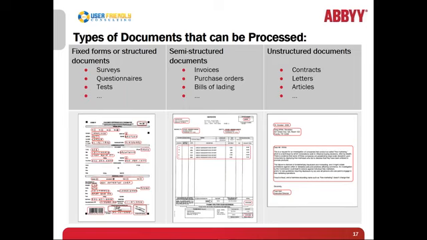There are some different types of documents you see on the screen. Things like surveys. Many surveys have lots of handwritten values. Many companies use check marks as an easy way to find the answers. Semi-structured documents are things like invoices and purchase orders. And then we have unstructured documents, something which ABBYY FlexiCapture is uniquely able to handle. An unstructured document is a document where we don't really know what's going to appear on it.